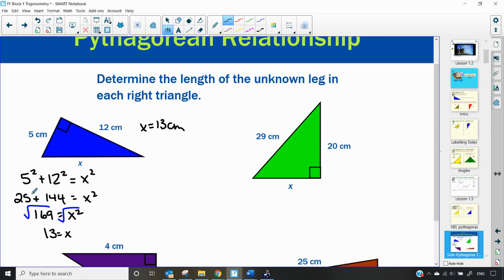Whenever I've taught trig, I find when it comes to the Pythagorean theorem, one of the most common mistakes is for students to forget to square root at the end. And so they write their answer as 169 instead of 13. And so if we have the equation a squared plus b squared equals c squared, we can manipulate the equation